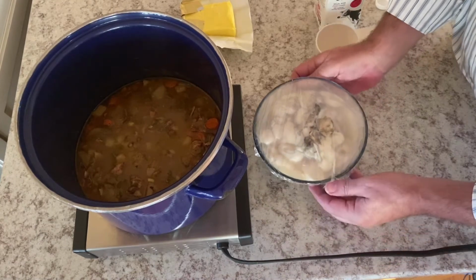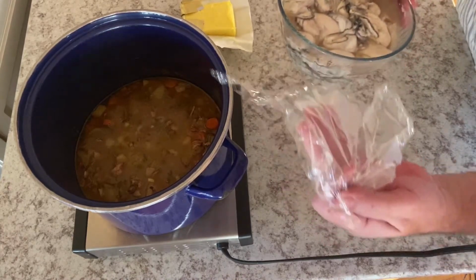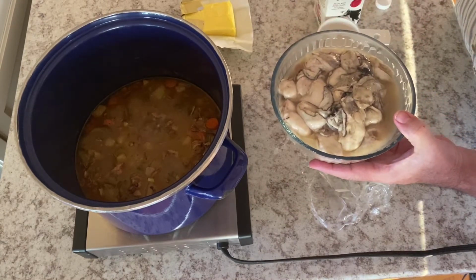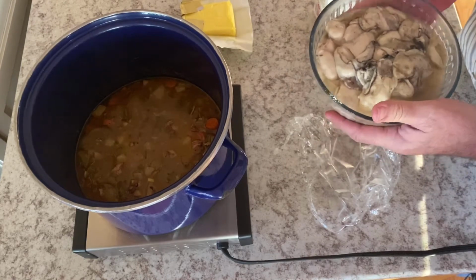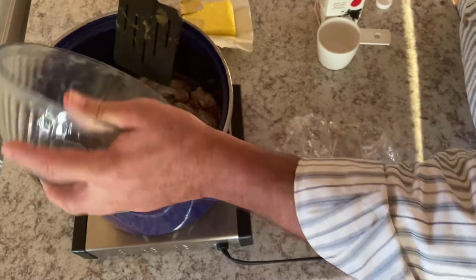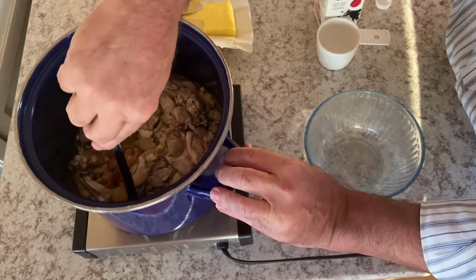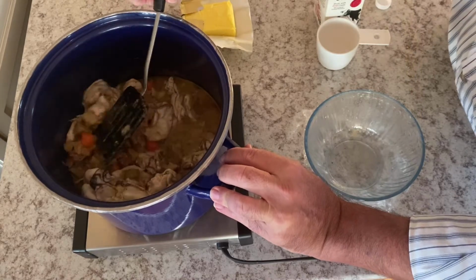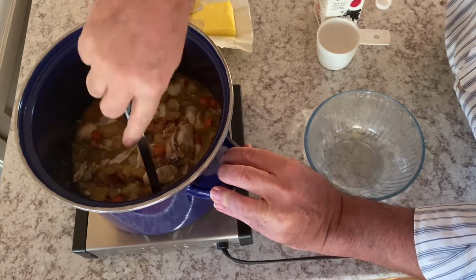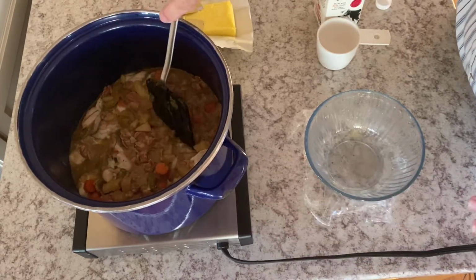So we're back. It's been simmering now for about 45 minutes. As you can see, I put the oysters in the refrigerator. That's an important thing to do with the oysters after you've drained them, is to get them back in the refrigerator to keep them fresh. And then we're going to add all of the oysters to the base and make sure they get stirred in well. You just kind of want to fold them in initially so they don't break up. And once you have them folded in, then I'll start with